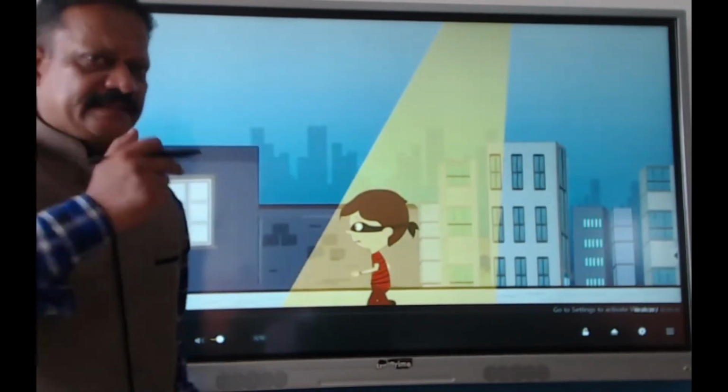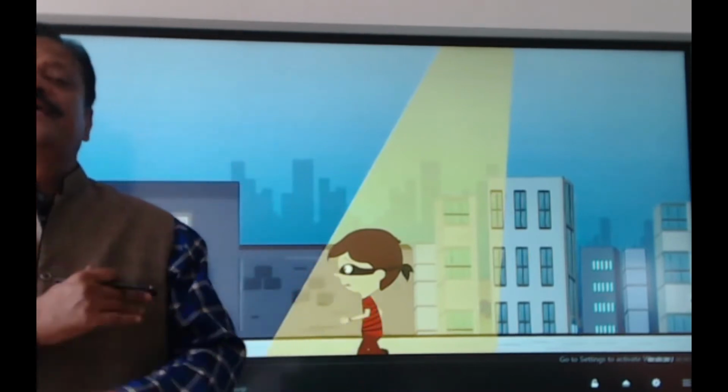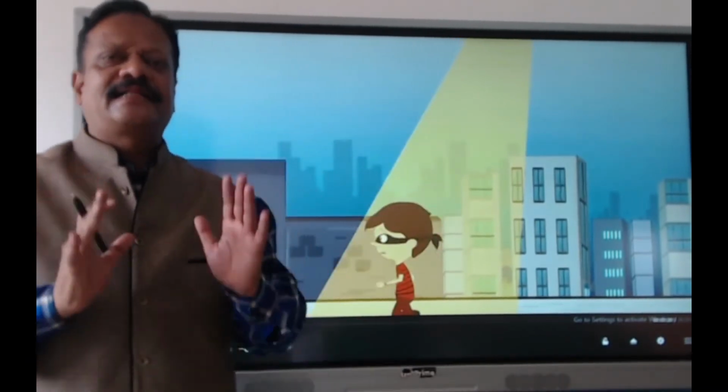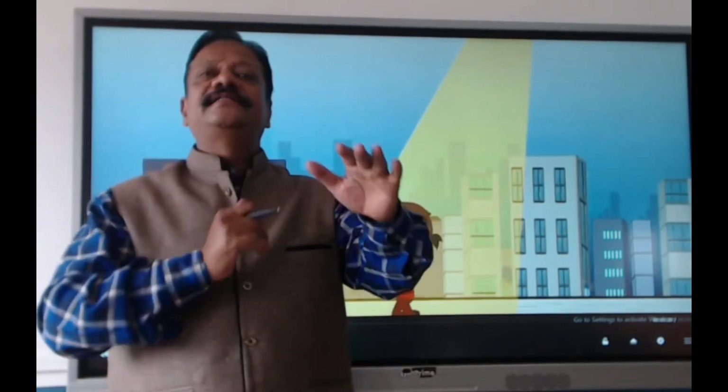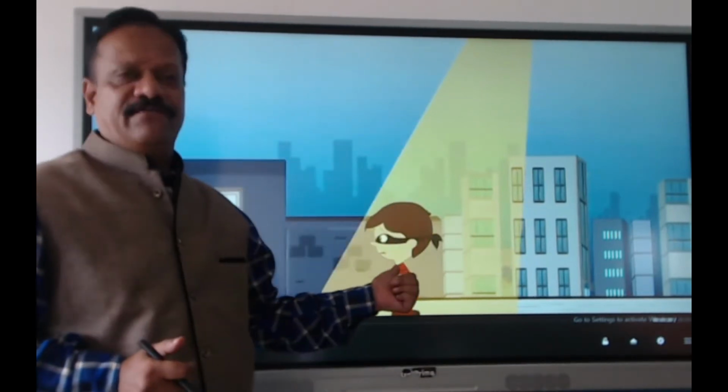Here there is a thief who is running away from the police. So see, police is behind him and to save himself he is running away from the police, and then directly he is entering a cell, and inside the cell whatever the parts are there, all those parts you are observing. Here consider yourself as a thief.